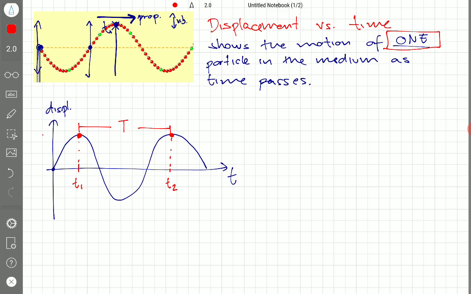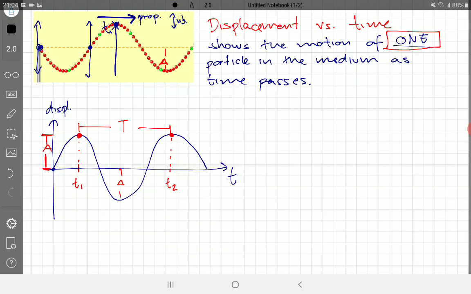Now, what do we call this distance between this point and this point? Oops, sorry, I deleted something else. What is this called? If your answer is that we call this amplitude, then you are right. That is the amplitude, and that amplitude can be found here, and it can also be found here in the actual wave. Remember, this is like a photo of the actual wave, but here we're just looking at one particle at a time. So if you want to add that to your notes,